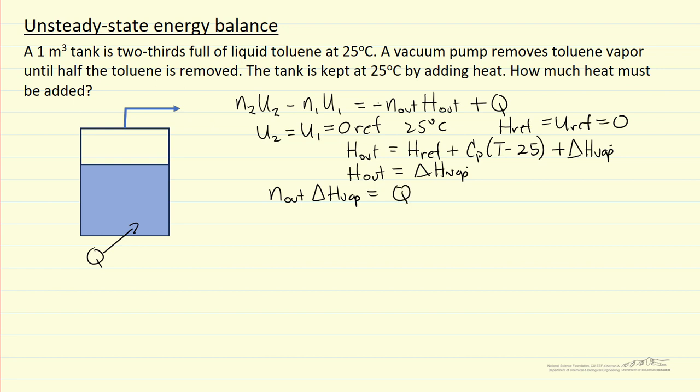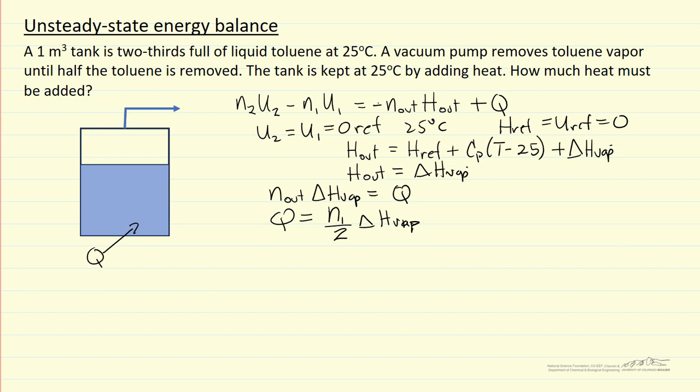Now, the left side disappears because we start at 25, we end up at 25. If that were not the case, then, of course, we'd have terms on the left side. But for this special case, it reduces. And the number of moles out is going to be half the number of moles in. So since we're solving for Q, it'd be the number of moles that we start with, so that would be N1 divided by 2, times delta H of vaporization. So fairly simple case, but the important thing to note is that it's delta H of vaporization, not delta U of vaporization